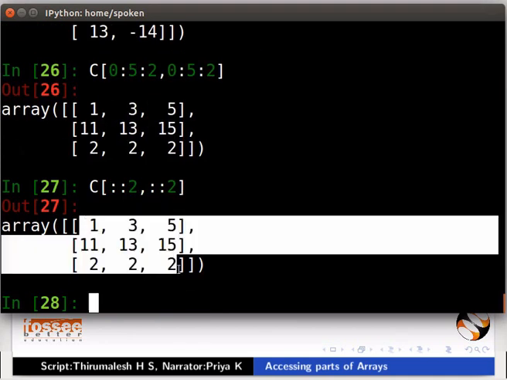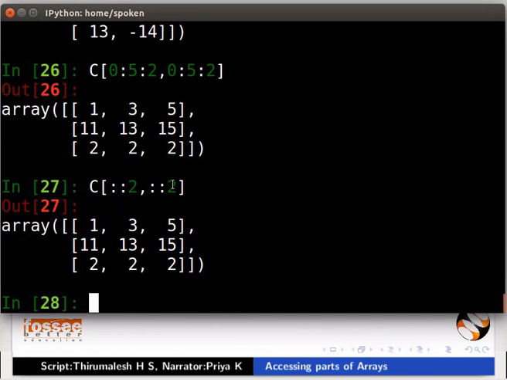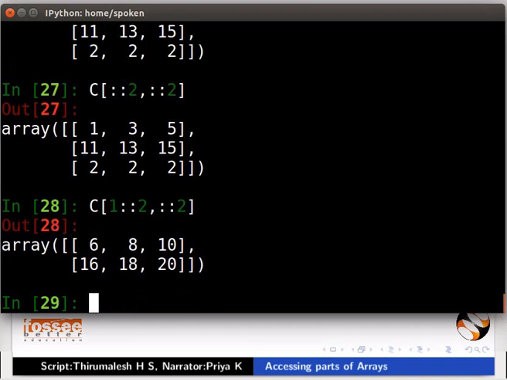We can see that only the odd rows and columns are displayed. The step 2 specifies the jump between the elements. This is called striding. If no step is specified, a default value of 1 is assumed. Type C[1::2,::2]. We get the elements as shown.